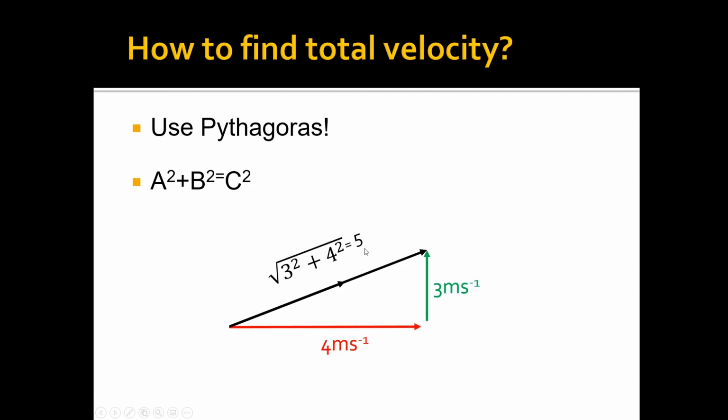We can calculate this most easily by using Pythagoras: a squared plus b squared equals c squared. Or in other words, the hypotenuse, or the total velocity, is equal to the square root of the vertical squared, 3 squared, plus the horizontal squared,